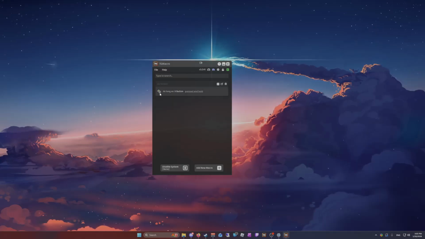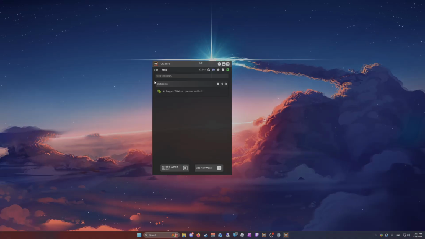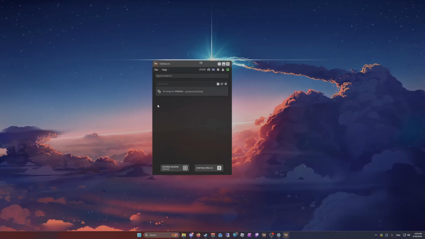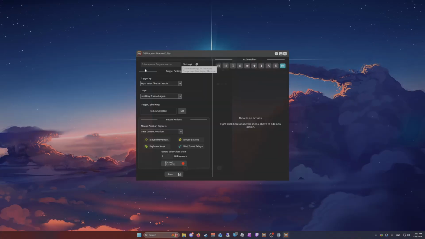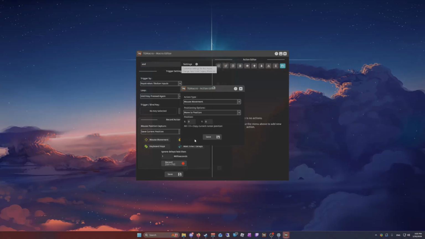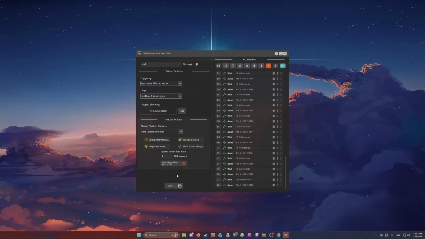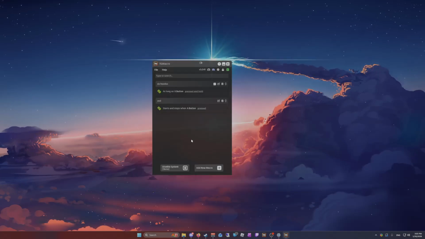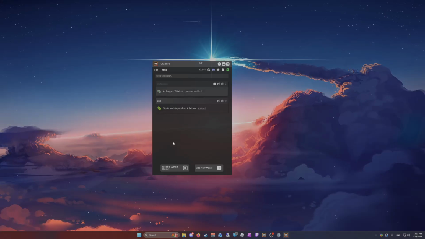One is that each macro can be enabled or disabled. You can tell if a macro is enabled or disabled by the color of it. So this macro is enabled, and if I click it, it grays out and is disabled. This is useful if you have multiple macros. Just create a random blank macro right there. So let's say I want to use only this one and not that one right now. I can click it and it'll only run